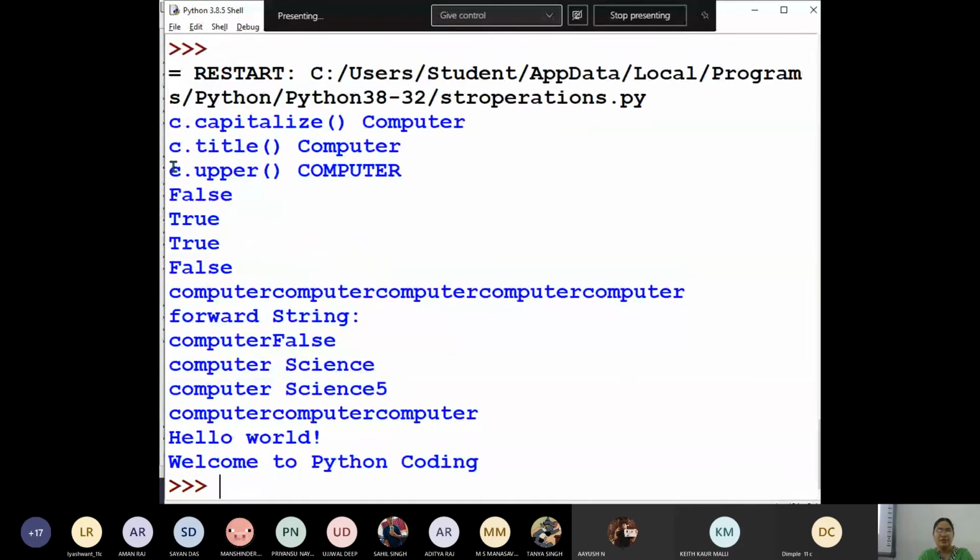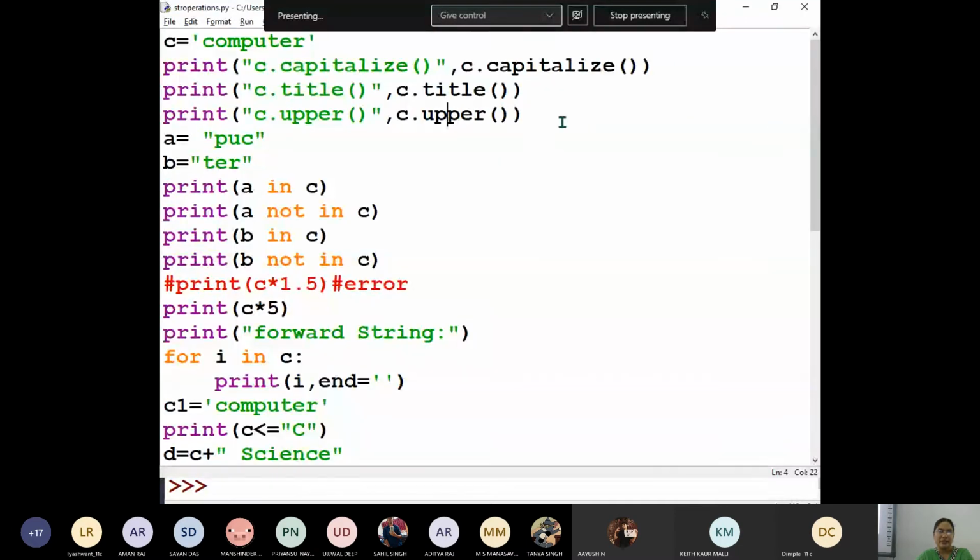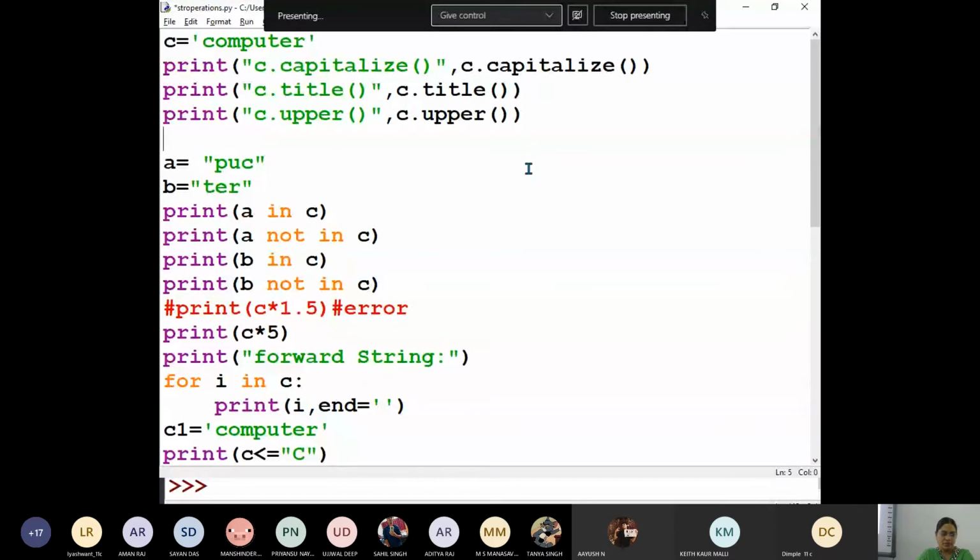Okay, ma'am. So you can see the entire string, computer, all characters are converted into uppercase. Next, print C dot lower.